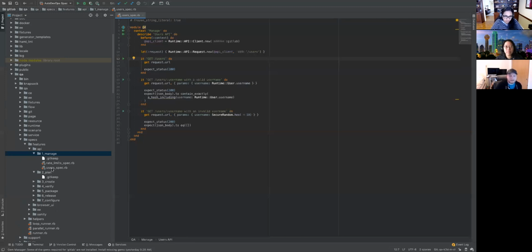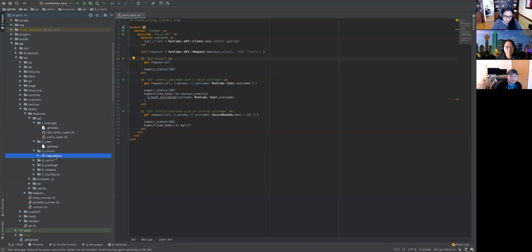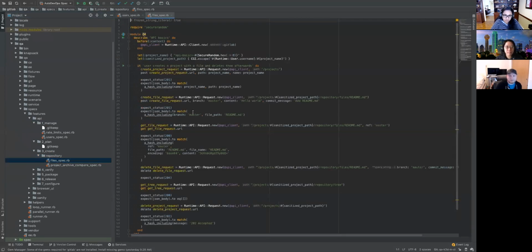There are some cases, I don't know, we don't have many. In fact, I haven't really looked at them in a while, but here's one. A user creates a project with a file and deletes them afterwards. So it looks like we do a 201. So we did a post to the create project URL with some parameters, and we expect that it was created, 201, HTTP. And then expect the JSON body response to be a hash including these two properties,